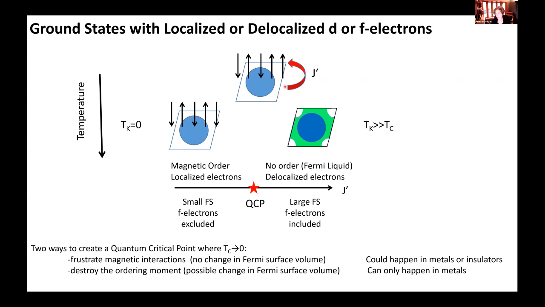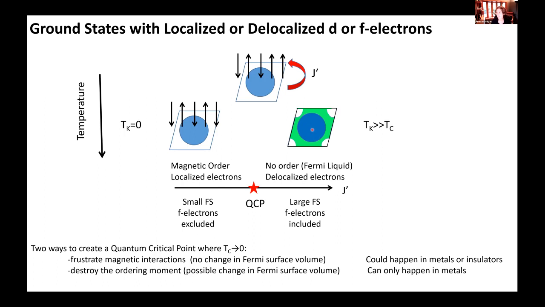On the other hand, if we said that the exchange would be very strong, something quite different happens, which is that those D and F electrons become delocalized. And as a consequence of becoming delocalized and band-like, they are absorbed into the Fermi surface, which now becomes bigger than it was at high temperature. And so the consequence of that would be that the previously localized electrons become delocalized and non-magnetic,